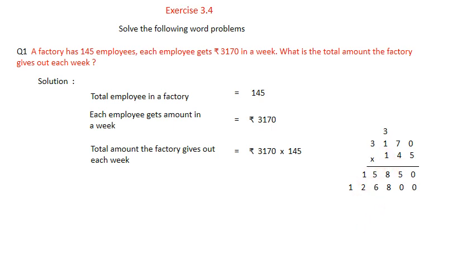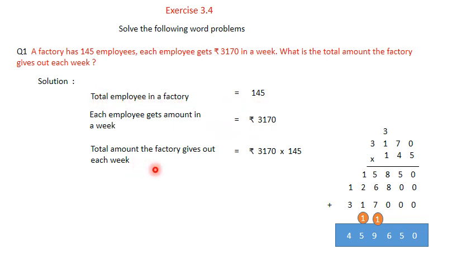Now we are going to multiply by 1, and here it will be 100. So we'll place 2 zeros and then multiply by 1. Look here, we have placed 2 zeros, and 1 zeros are 0, 1 sevens are 7, 1 ones are 1 and 1 threes are 3. Now we are going to add these 3 numbers. So after adding, you are getting 4,59,650.